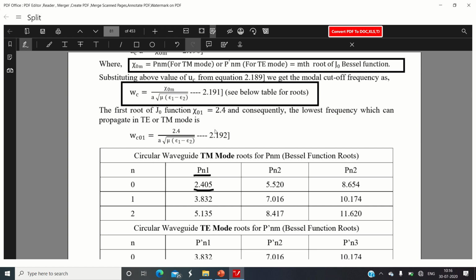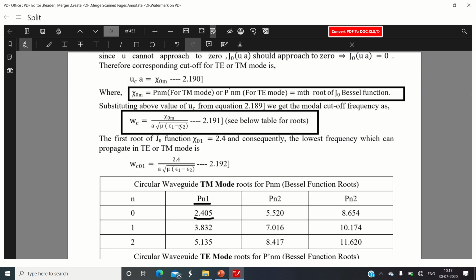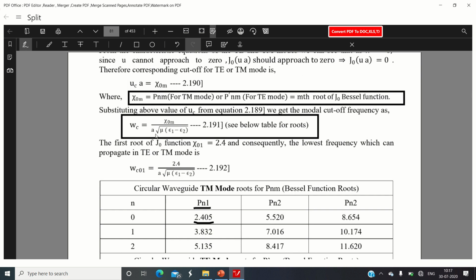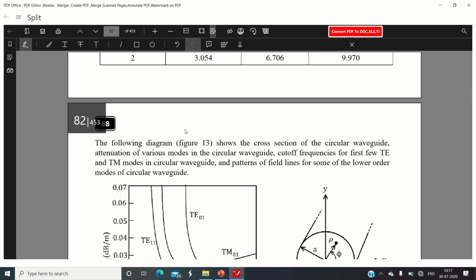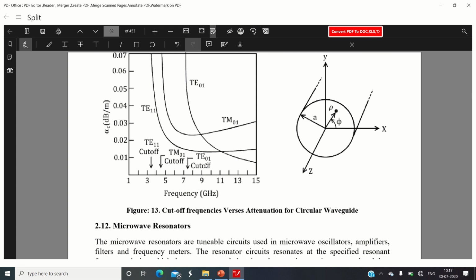and TM mode. So 2.4 divided by the square root of mu multiplied by epsilon, the dielectric material. This is the particular equation with which we can calculate the cutoff frequency for the circular waveguide, and this is a general equation, 2.1.9.1. We go ahead and will see what the different cutoff frequencies available for the circular